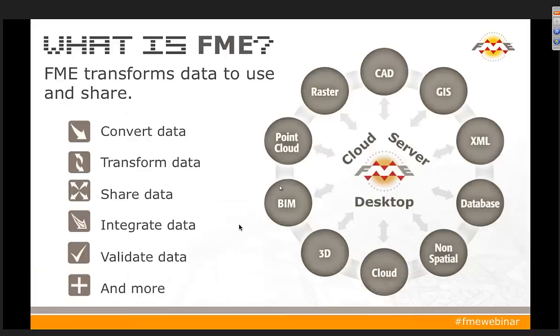Yes, indeed. What is FME? We are a product that sits in between a bunch of different types of data. I like to say that we are a product that puts data in its place. We let you move between and across and within these different data types. Today we're focusing almost exclusively up here on the top left-ish at 11 o'clock there on Raster, but we do other webinars on these different kinds of things as well. And I hope you'll see throughout the examples a lot of the different ways that you can bring this integrative power of FME into new things.